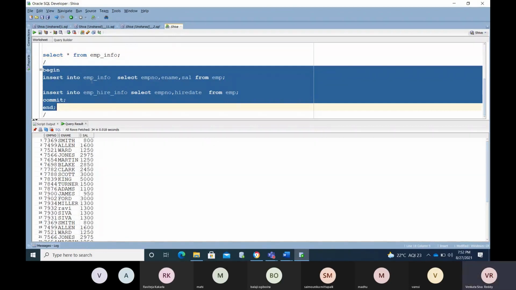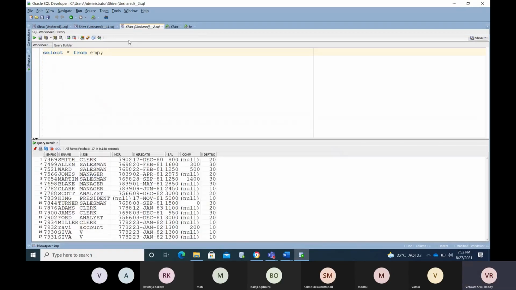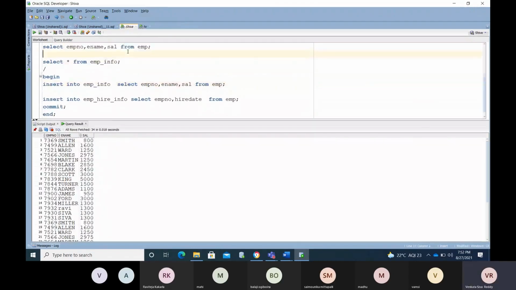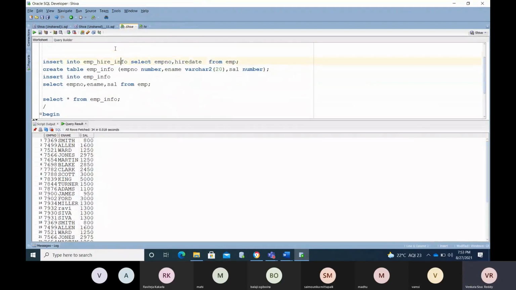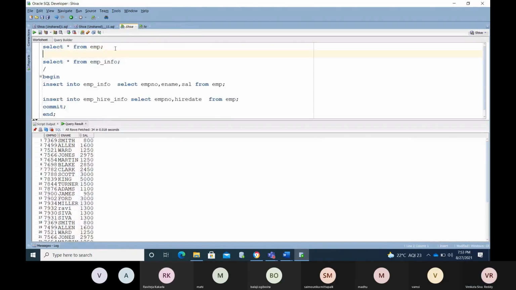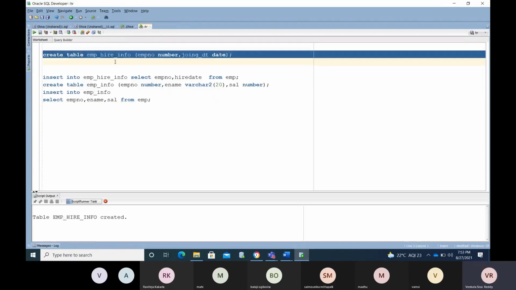So now we move the data from one table to another table. Suppose we have one schema to another schema. Now these tables are in the same schema. Now if I mention the HR schema in this, if I created the same tables here in the employee table, now I want to move the data into this.